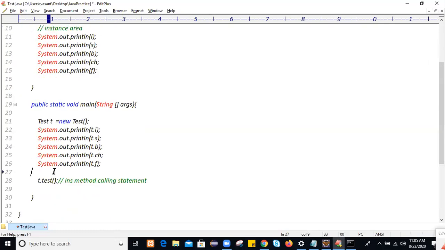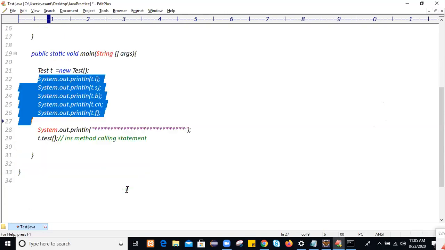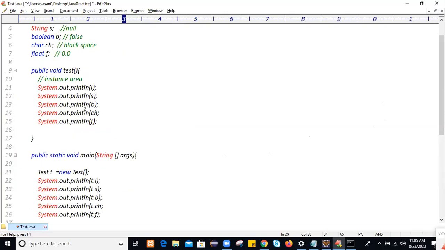We'll print the data first, then we'll call the instance method, and within that I will do some segregation. Above is the static method, where we access the variables the first time and call the instance method, and within the instance method we access them again.